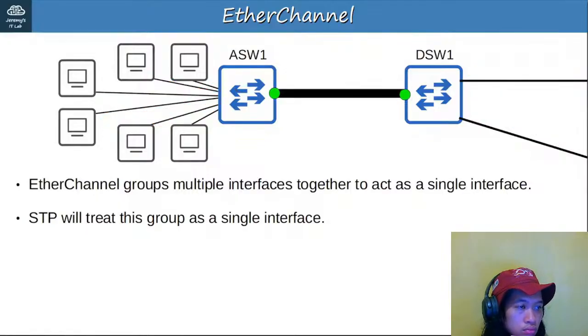It's kind of like this. Instead of 4 separate interfaces, perhaps gigabit Ethernet interfaces, connecting A switch 1 to D switch 1, it's as if there is a single 4 gigabit Ethernet interface. The bandwidth of the 4 separate interfaces is combined to form one faster interface, a virtual 4 gigabit interface. The difference between the physical characteristics and the logical characteristics